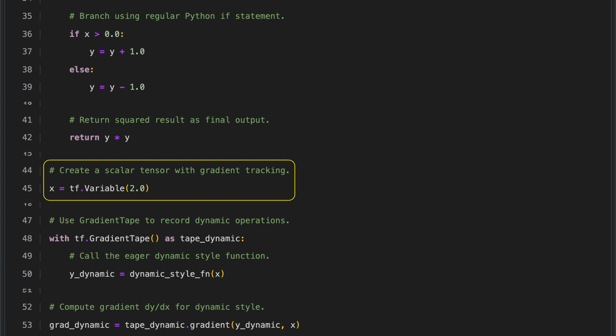We create a scalar tensor in TensorFlow as a variable, initialized to the value 2. This variable is configured to track gradients, which is crucial for automatic differentiation. By defining it as a variable rather than a constant, TensorFlow can compute gradients with respect to its value. This allows us to study how changing the value of this tensor affects the output of any function that depends